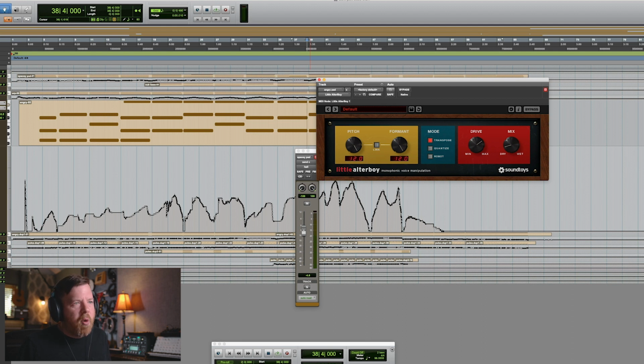Pitch all the way up, formant all the way up, drive up fairly high. Well, this is to taste. For this sound, I wanted it to be an angry pad, right? So you've got to go for it. And then I adjust the wet-dry mix. So here,